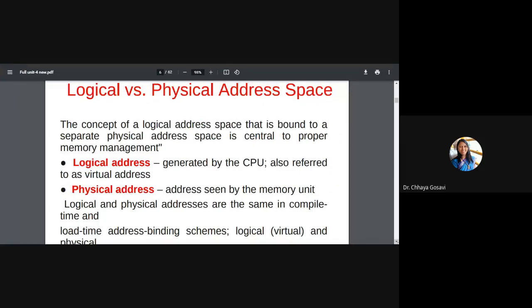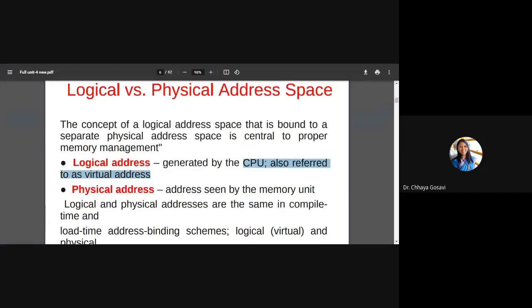We have seen the concept of logical address and physical address. A logical address is generated by the CPU. It is also called a virtual address because it is the programmer's view of the code. The programmer doesn't know where the program is actually loaded in memory. While writing a program, say in assembly or any low level language, the programmer has to assume some start address and allocate all addresses according to it. Even the compiler, linker and loader assume some addresses for translating your high level language program into a low level language program. Even the compiler doesn't know where this program will finally be loaded into main memory.